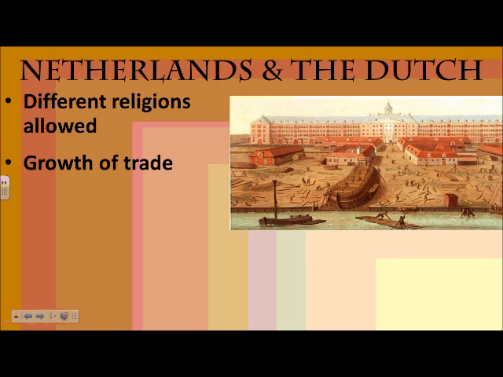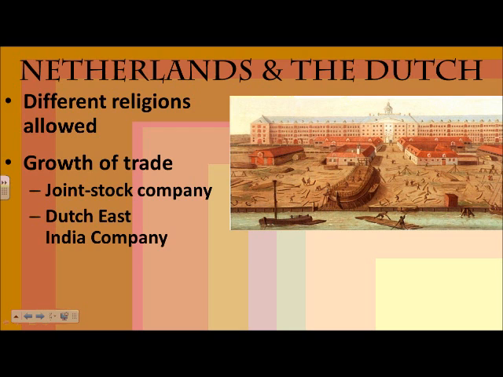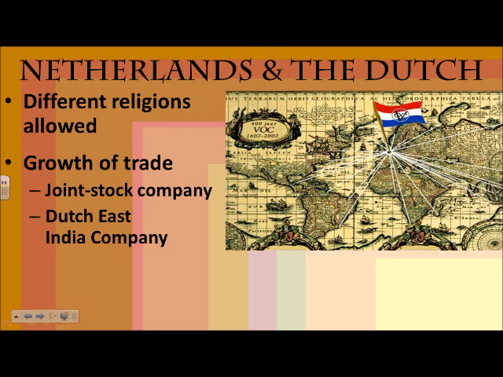And the way many of these ships were created was through joint stock companies. A joint stock company is when a number of people pitch in financially for a product or a company or an item, and then they are given a piece of paper telling how much, or what the percentage is, of their ownership. And then when that item profits, the individual gets back the percentage of their profit. So this is like the stock market today. And the first joint stock company is the Dutch East India Company. So their goal is to go to the East Indies to get spices.